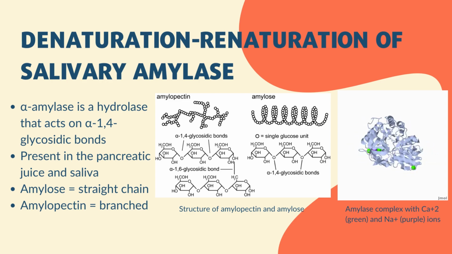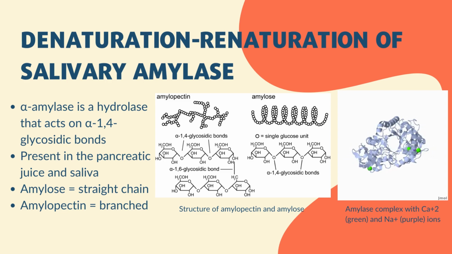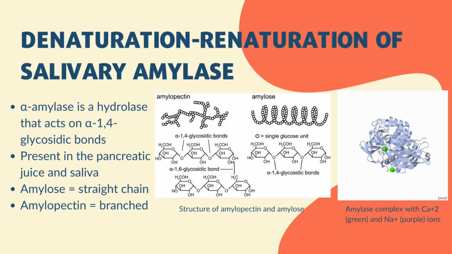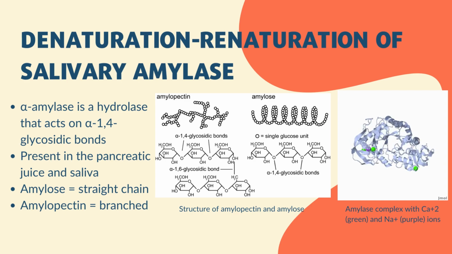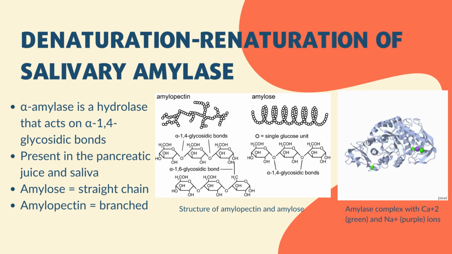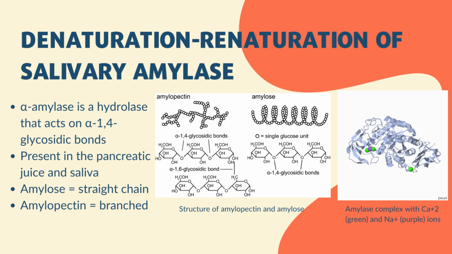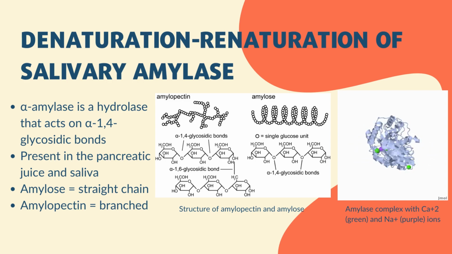In the human body, alpha amylase is part of the digestion and the breakdown of carbohydrates in the diet. It is a hydrolase that acts on alpha-1,4 glycosidic bonds and catalyzes the hydrolysis of alpha-linked polysaccharides like starch into alpha-anomeric products. Once the enzyme reaches the stomach, it becomes inactivated due to the acidic pH.